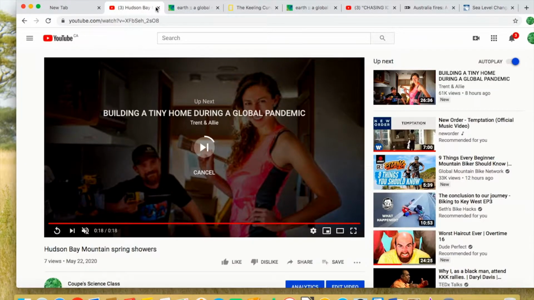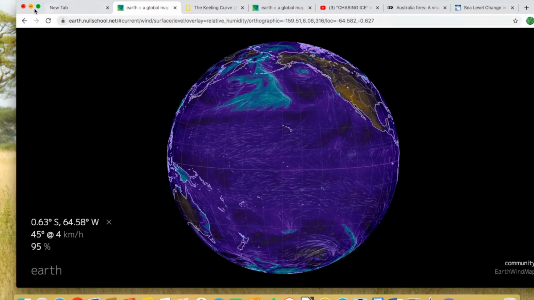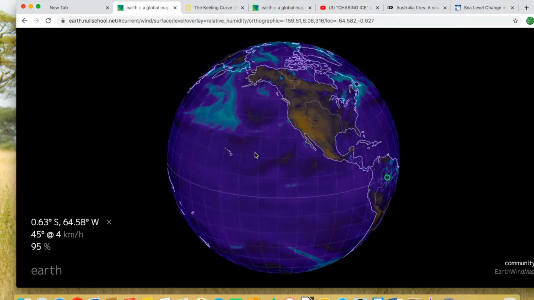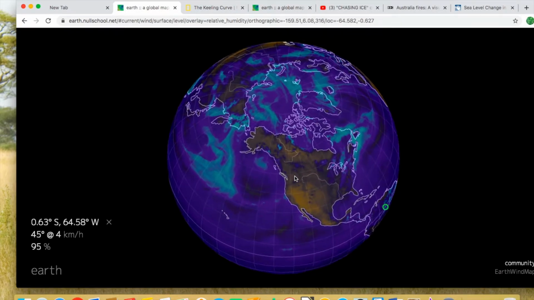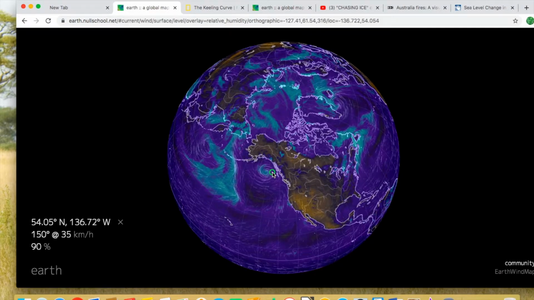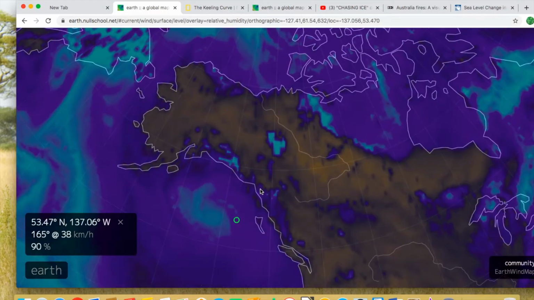So that becomes important to the water cycle for a very major reason, important to understanding it for a major reason. Because of where we are, let's try to zoom in there. Here we are